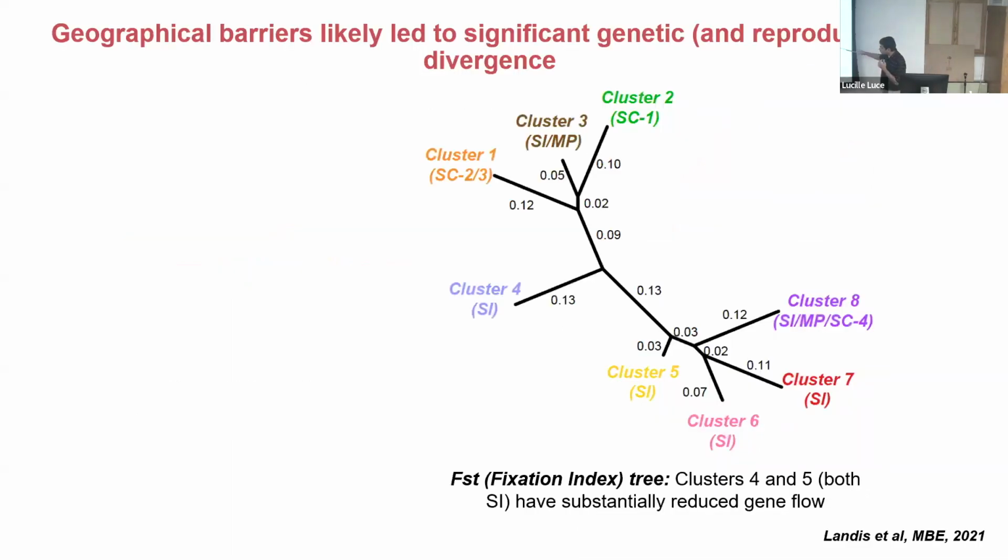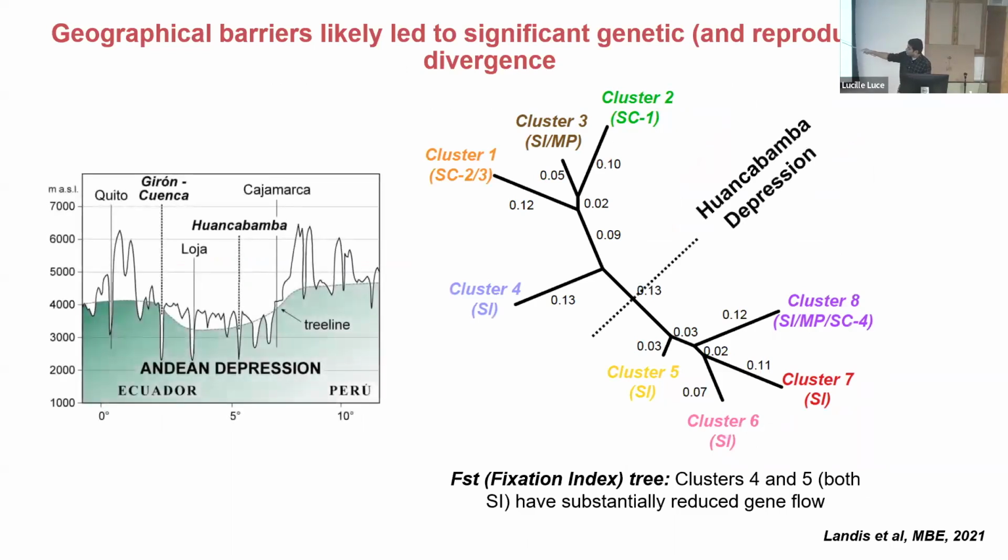There are two population clusters. Here, they are very close to each other, but genetically, this is the FST tree, the fixation index, which shows how much gene flow is occurring between different populations. And the two clusters here are separated by the Huancabamba depression. There is very little gene flow occurring between these two clusters. And you might see here that I have written